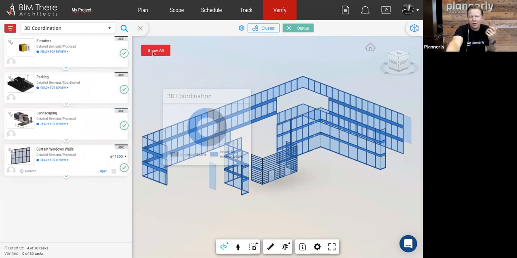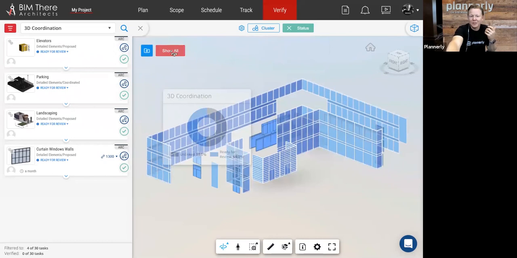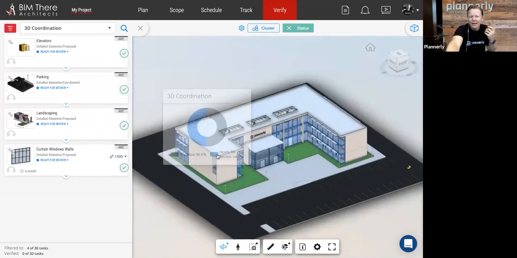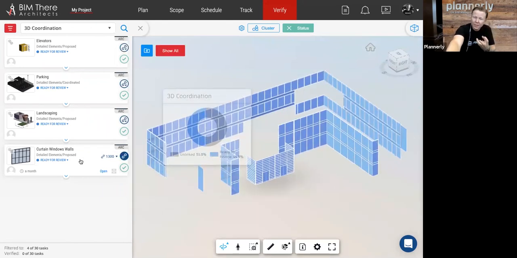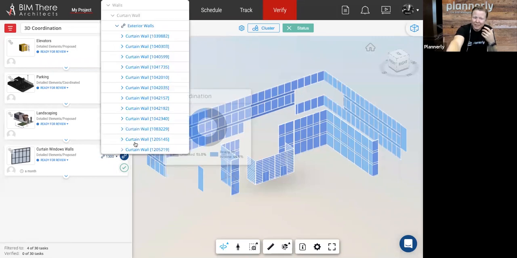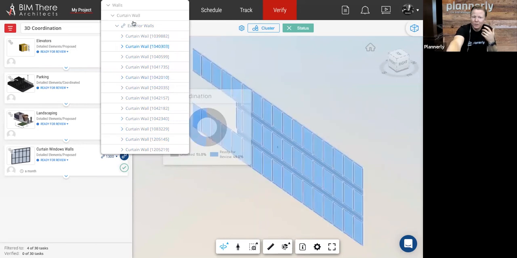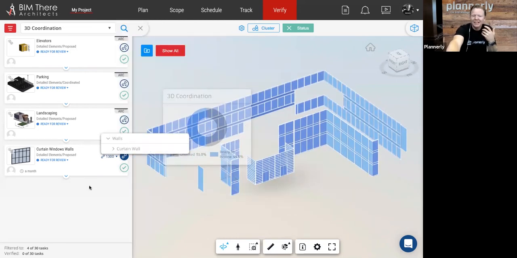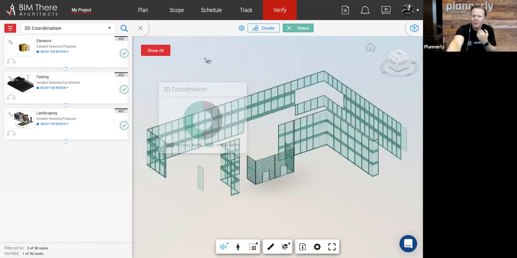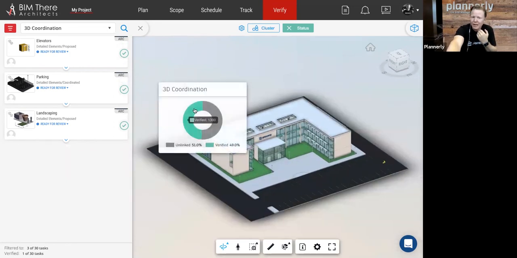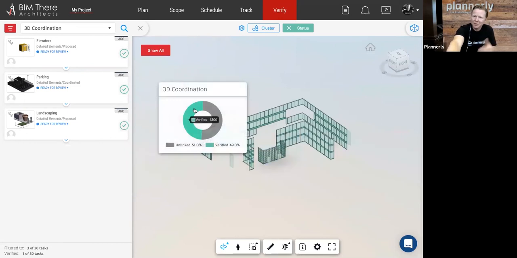When the manager clicks on, and maybe we're going a little bit further than this, but if we see everything and the manager says, this is ready for review, I can click on the task, isolate, view what's there. I can see everything that they have linked into this. So we can see individual panels if we wanted to, et cetera. And then I can simply say, this is verified. I'm good with it. I verify it, it slides away, and all of that would then turn green to show us that that is now reviewed and verified and it's been accepted.